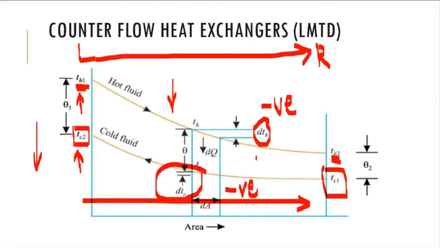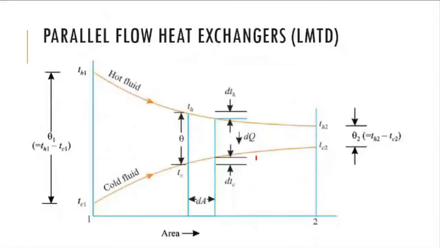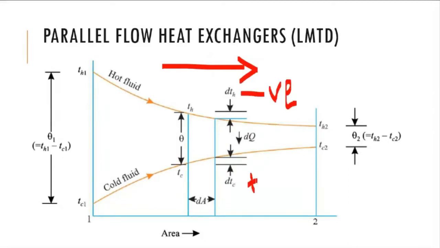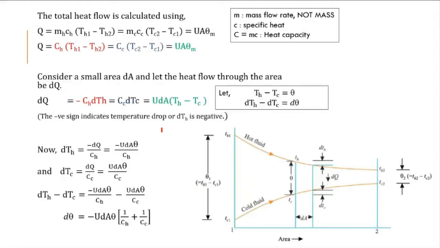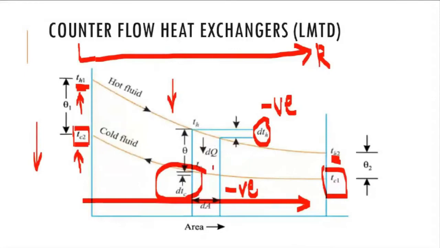So this is the second difference between the previous derivation and this derivation. In the previous derivation, in the positive direction of analysis, dTH is negative and dTC is positive, because the temperature of the cold fluid is increasing in the positive direction and the temperature of the hot fluid is decreasing. For the current derivation, both terms are negative. dTH and dTC both are negative. Is this part clear to all?